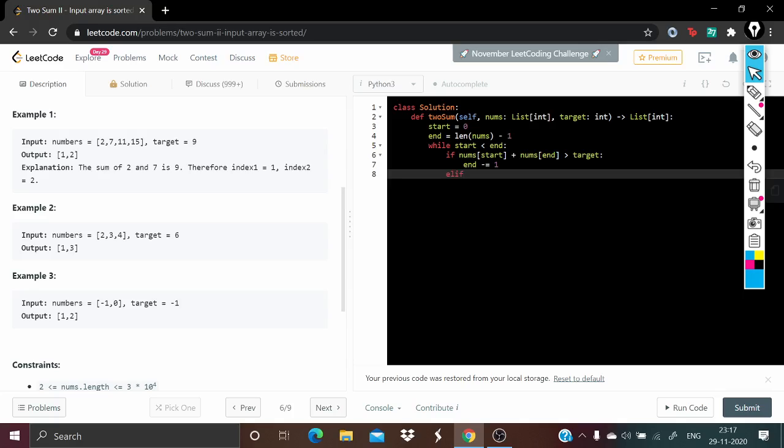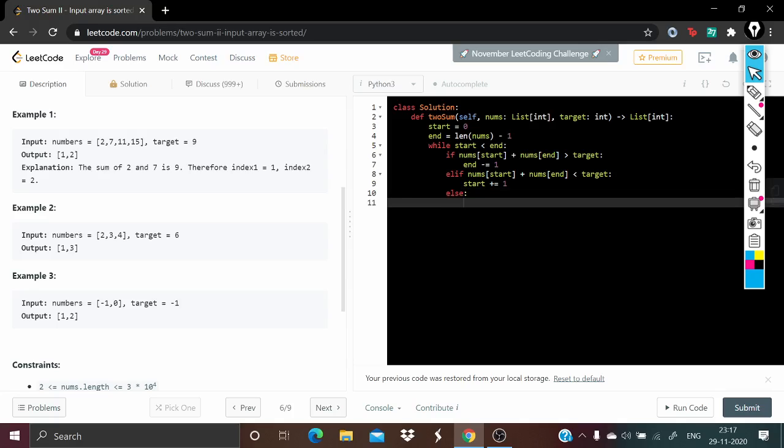Similarly, if nums of start plus nums of end is less than the target value, my start will be incremented by 1,